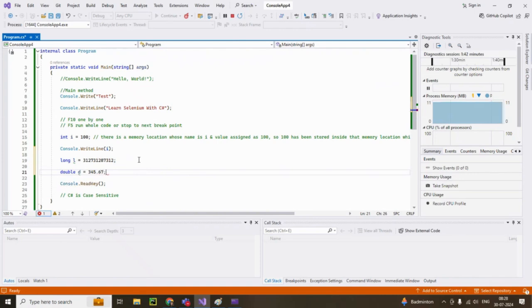2 3 4 5.67. So double represents a double precision floating point number. So double will hold the integer's value. Okay. Now there is one more data type which is known as